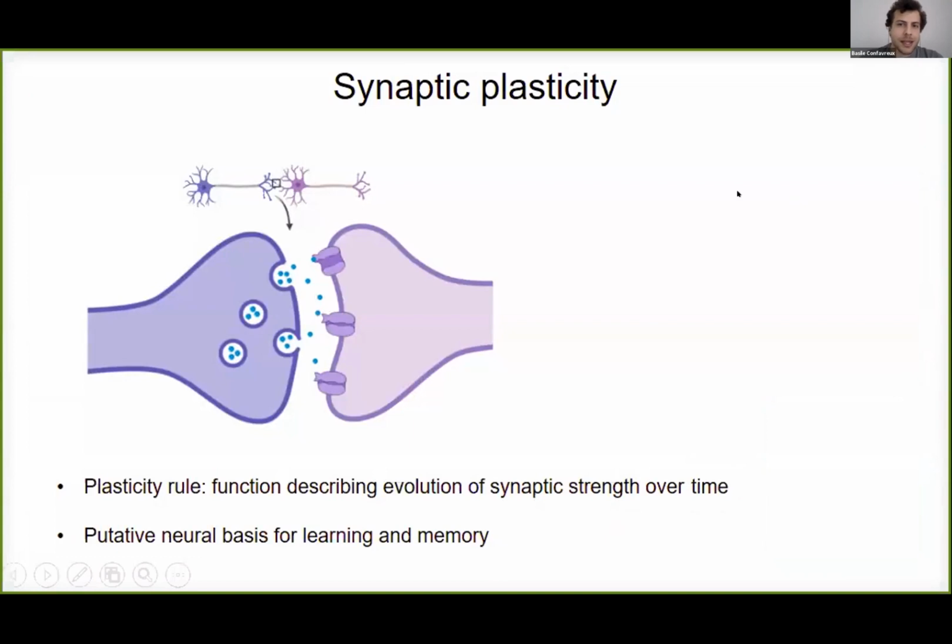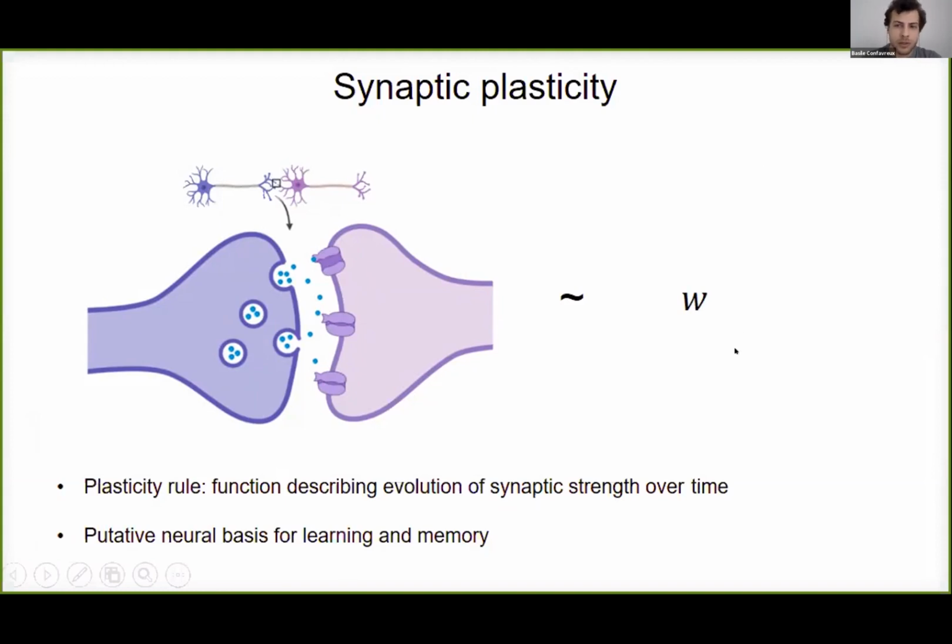So to start with, a synapse is a connection between two neurons, and synaptic plasticity is the phenomenon that describes how this connection changes over time. It's widely considered to be involved in high-level cognitive functions such as learning. And these changes can correspond to the number of individual synapses between two neurons, changes in receptor numbers, vesicle numbers, etc. These processes are complex and not well understood, but usually we collapse all these effects into the evolution of a single scalar, the strength of a synapse or its weight.